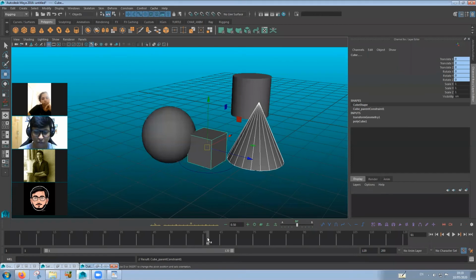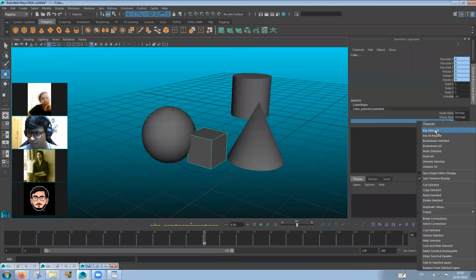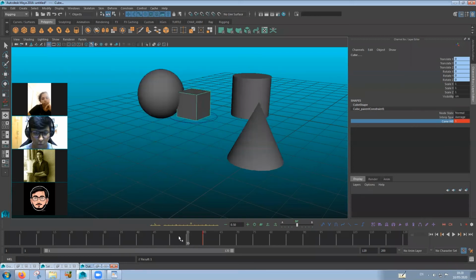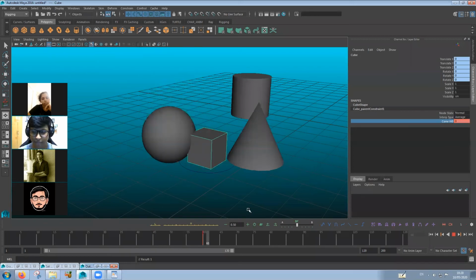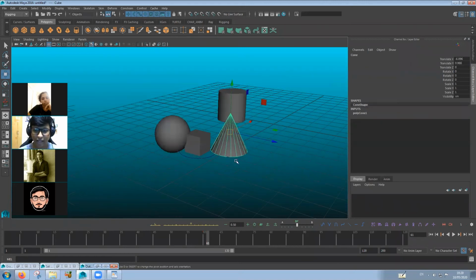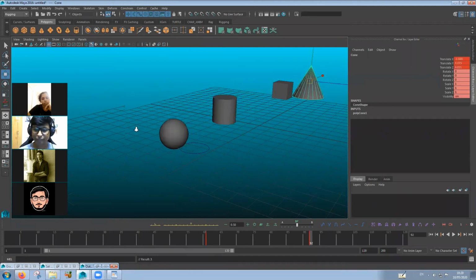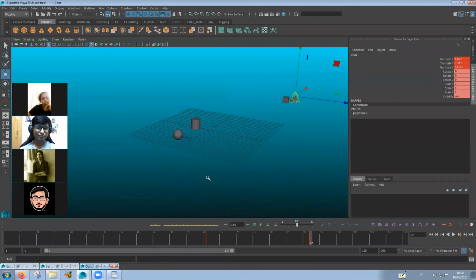Till frame 60, the weight will be 0 because we want it to go with this guy. On frame 61, we want it to be 1. From frame 61 to whatever frame, now it will go with this one.